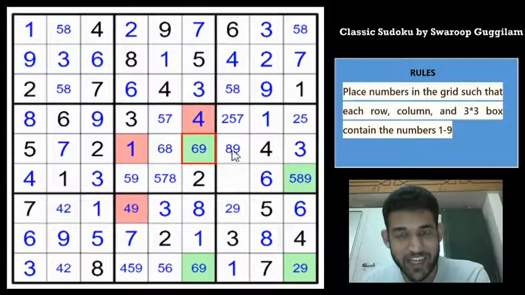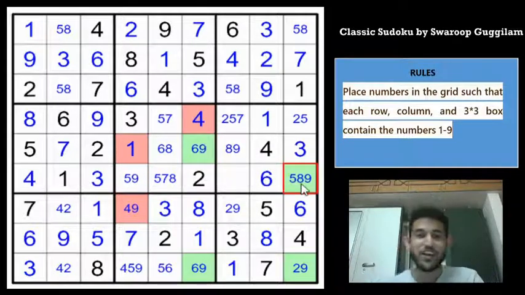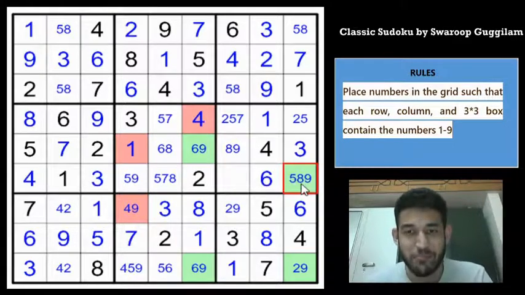So which means that we can eliminate 9 from cells which see both of these cells, or rather which has an effect on both of these cells. So basically you can eliminate 9 from here and 9 from here also, because in this cell if you have a 9, it's eliminating the 9 from both of these cells. Gorgeous, right? Absolutely tremendous piece of logic.